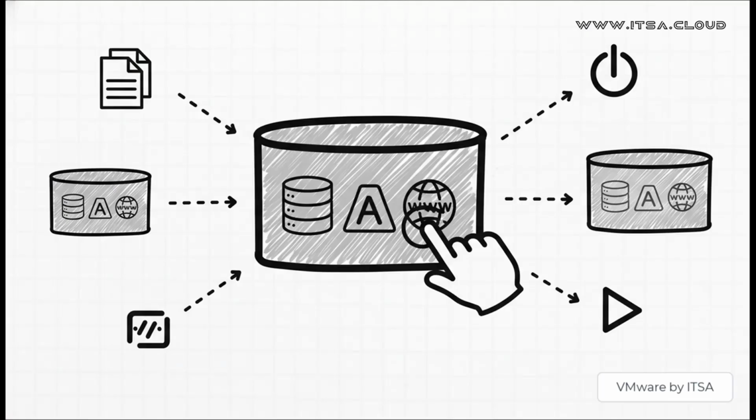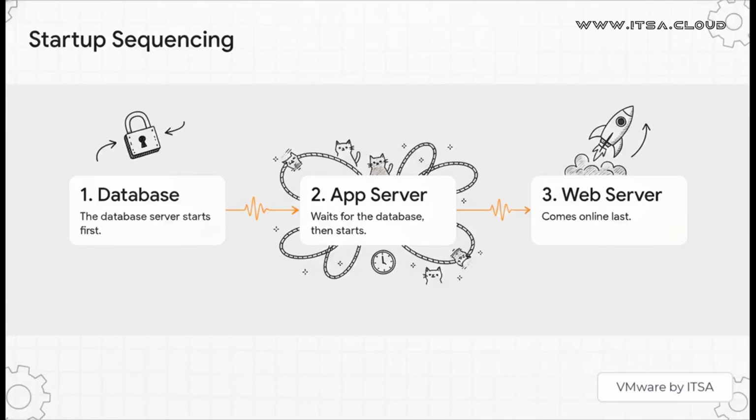First off, unified management. This is huge. Instead of right-clicking on 3 different VMs one by one to start them up, you just click Power On the VApp itself, and boom, your entire application starts up. Need to shut it down for maintenance? One click. Need to make a perfect copy for a new testing environment? You clone the VApp, not 3 separate machines. It just simplifies everything.